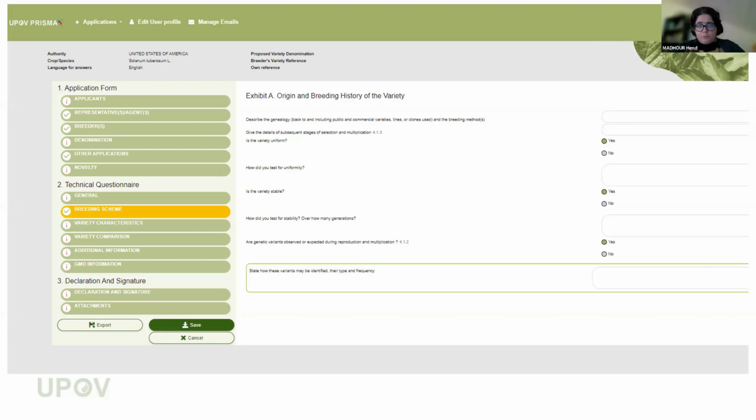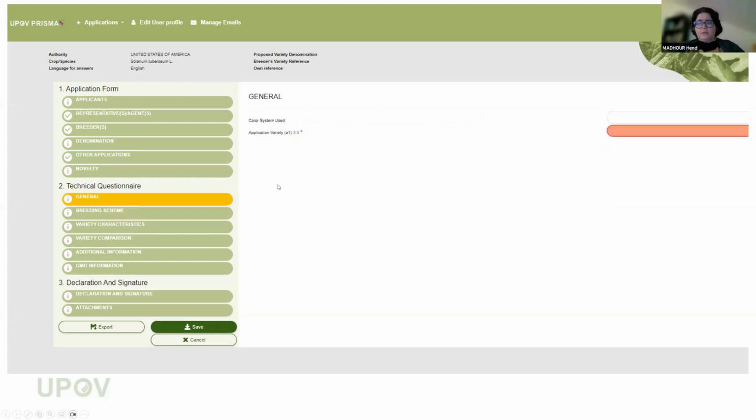Okay, so maybe we can move to the next one. I have copied an existing application and the general topic above does not appear in the generated copy. Yes, it might have to do with the crop type which is selected, because I have